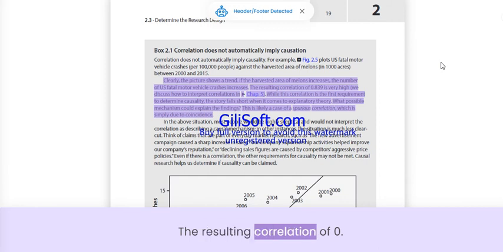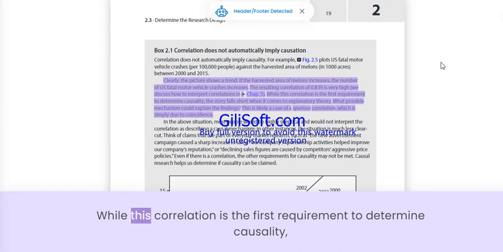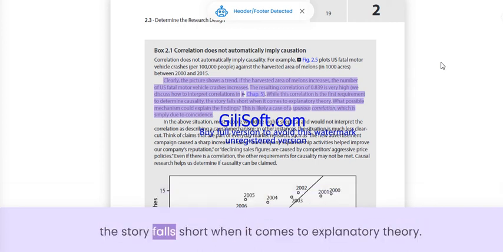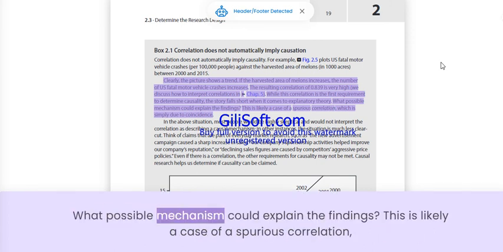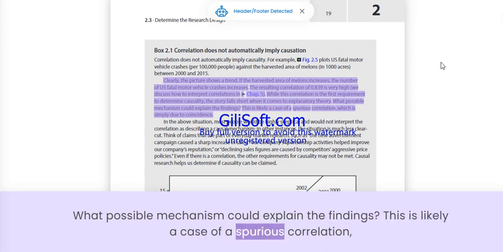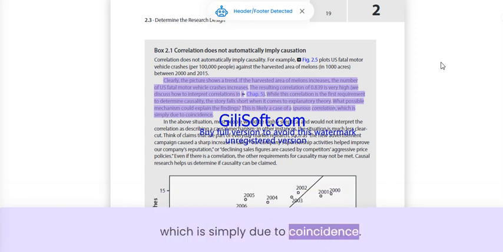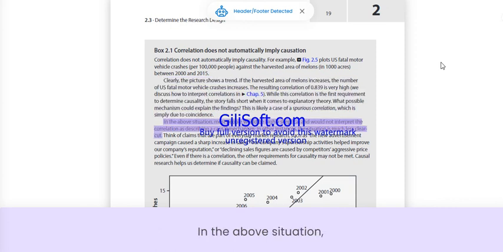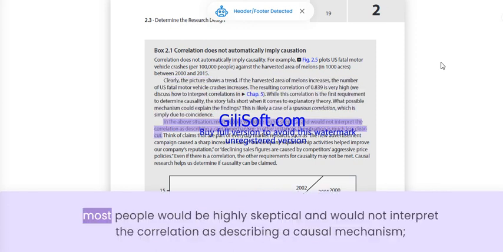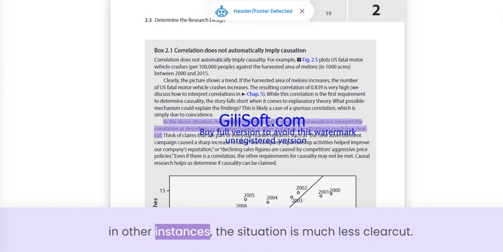The resulting correlation of 0.839 is very high. While this correlation is the first requirement to determine causality, the story falls short when it comes to explanatory theory. What possible mechanism could explain the findings? This is likely a case of a spurious correlation, which is simply due to coincidence. In the above situation, most people would be highly skeptical and would not interpret the correlation as describing a causal mechanism. In other instances, the situation